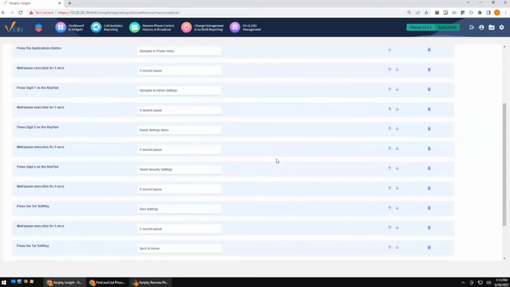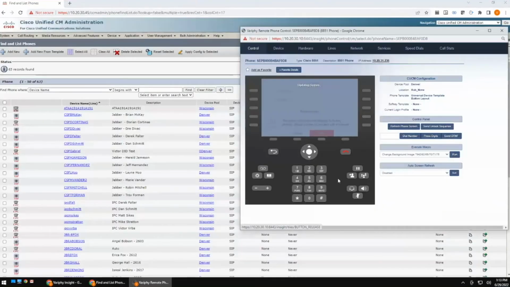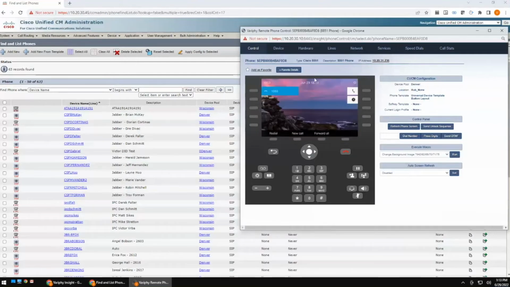In just a matter of a couple minutes, we use the phone control to go through the menu options and get us back to our screens to validate that we're hitting the right steps. And what we're going to do here, and I'm going to do my best to show all of this on one screen, I'm going to copy the phone name out of here and bring him up on Call Manager, if he's going to let me.